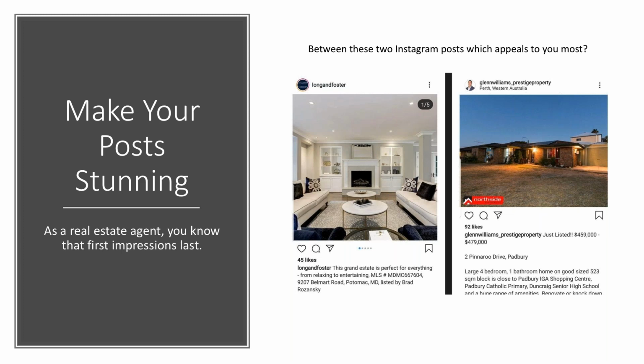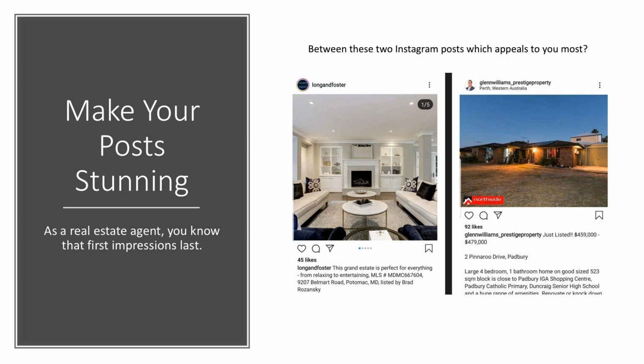So as I mentioned, when it comes to your listings, you got to post stunning photos. Instagram is all about high res, stunning imagery, and of course, this is a very visual industry when it comes to real estate. So they are a natural fit. Being an agent and using Instagram, natural fit. You got to definitely use high res imagery. And an example here, you have 2 side-by-side photos. Obviously, which one do you think is more appealing, right? I would imagine all of us just screamed out loud, the one on the left, right? That's the image I want to see.